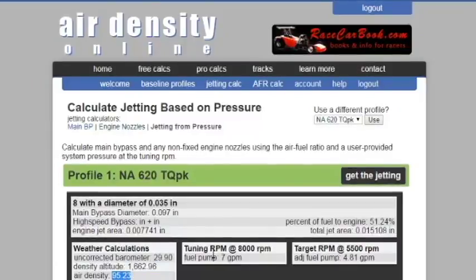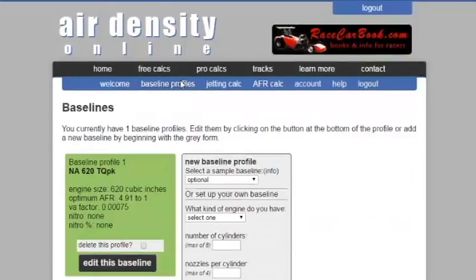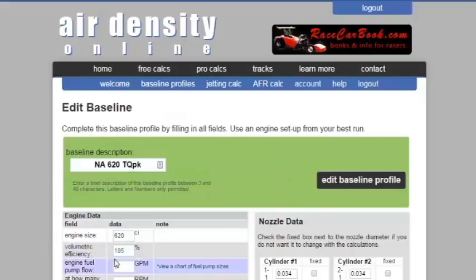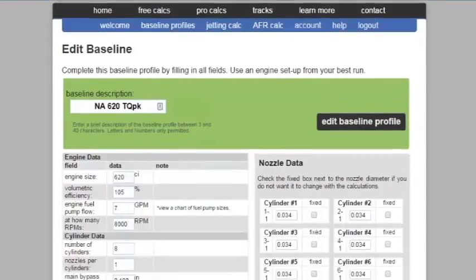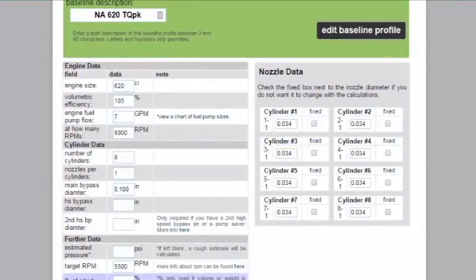Okay, I'm going to go back to baseline profiles. That has not maintained the values when we changed it in that air-fuel ratio calculator. We're back to our edit baseline profile. We're back to the numbers that we selected. If we were off, we could make adjustments to the main bypass or the nozzles until we got an air-to-fuel ratio somewhere around